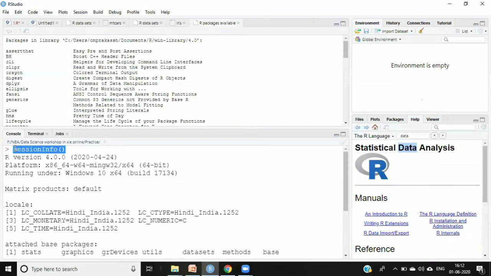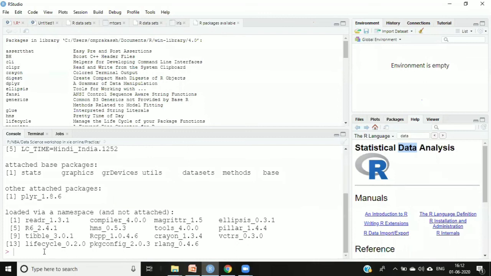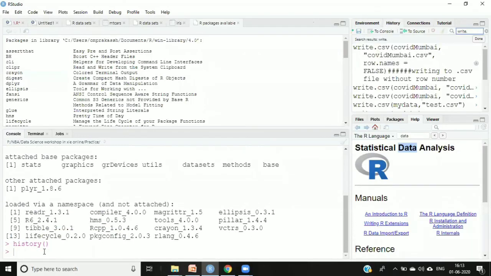Then there is one command, history. If you type the history command, it will give you the history of the commands which you have fired. So I'll say history, open the bracket, close the bracket, and enter. So if you see here, it shows me the history.